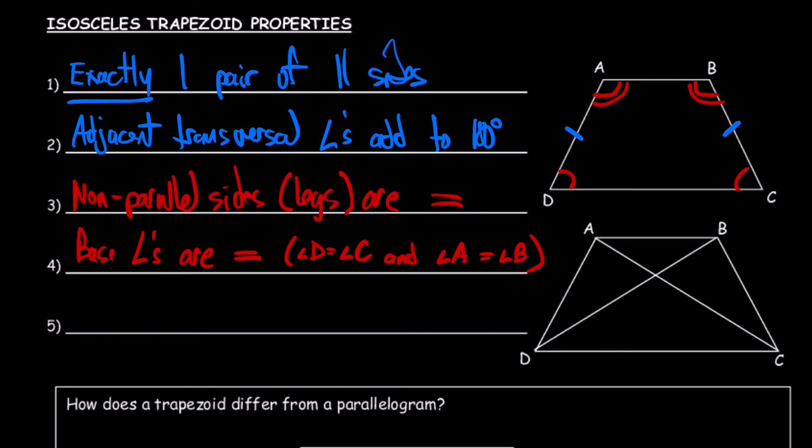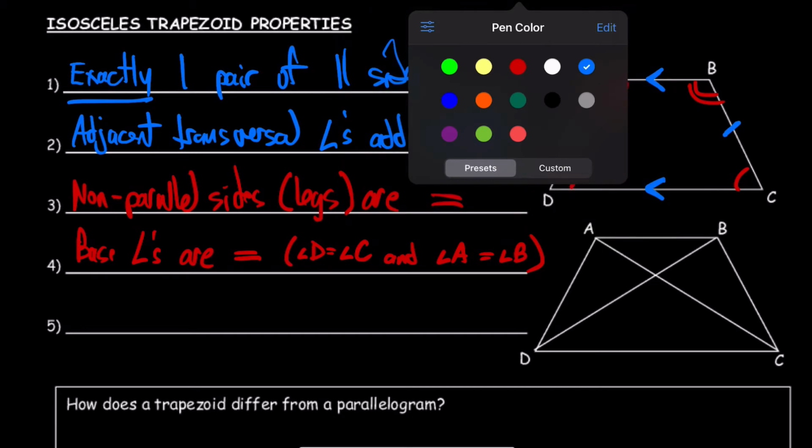And that's what makes it isosceles. In addition to that, these sides are parallel. The non-parallel sides, so that'd be these, the legs, are the equal sides. And that other property we just mentioned about the diagonals,